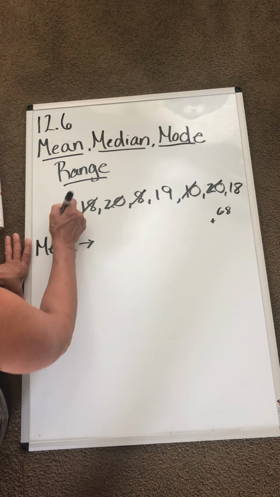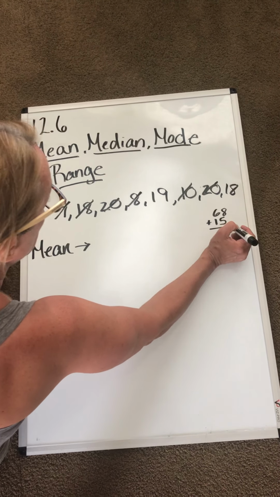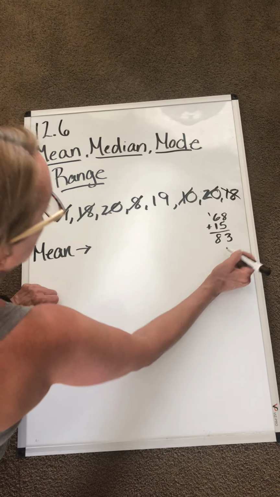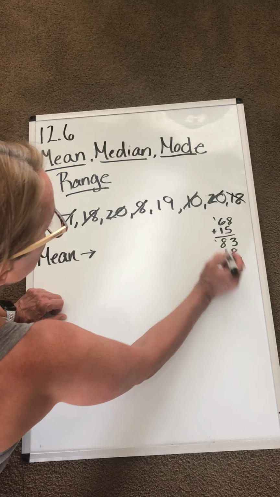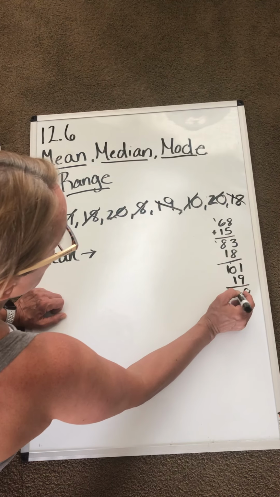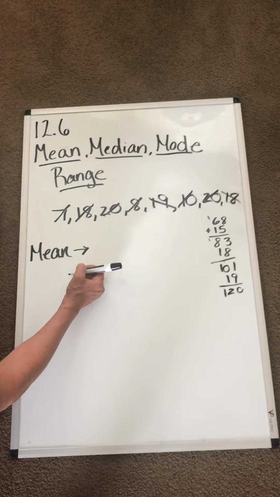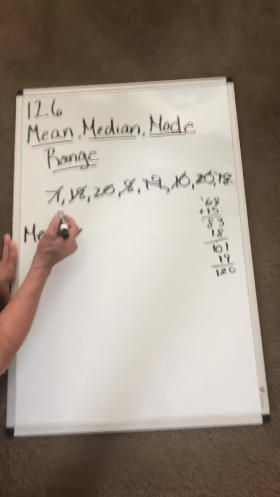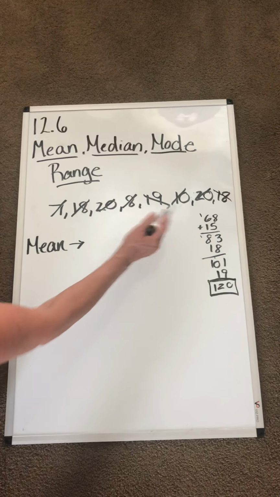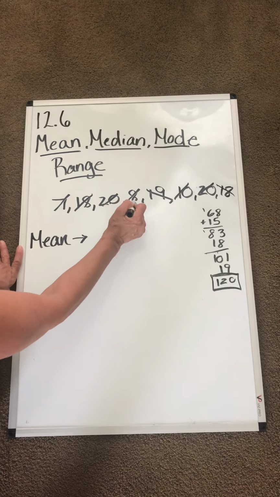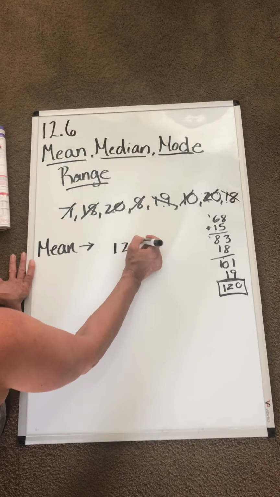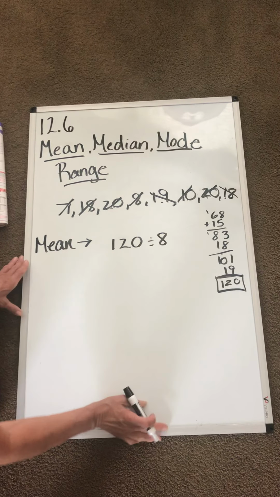plus 15 is 83. 83 plus 18 is 101. Plus 19 is 120. Okay? So I've added those up. So then I have to divide this number by the number of items in that set. So I have 1, 2, 3, 4, 5, 6, 7, 8. So 120 divided by 8. And if you work that out,